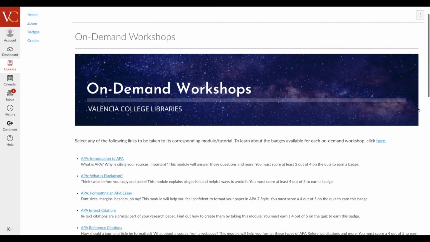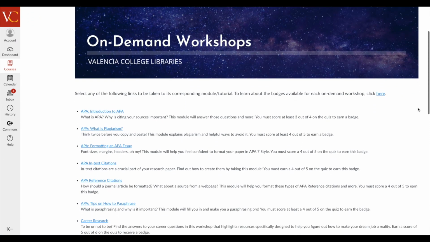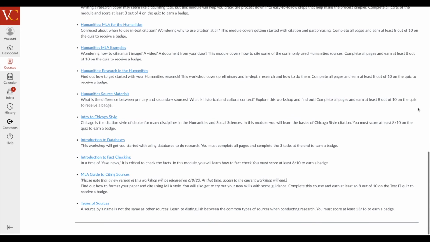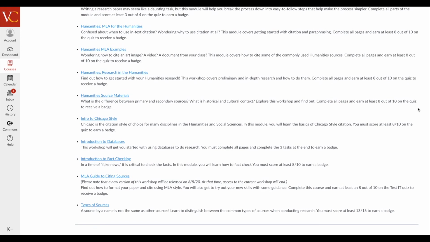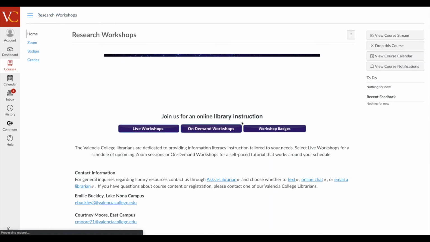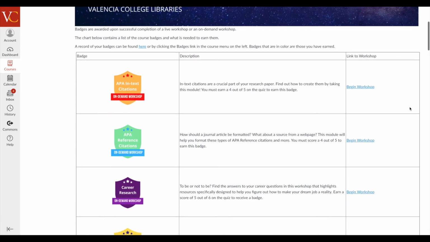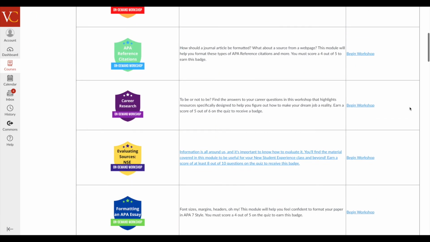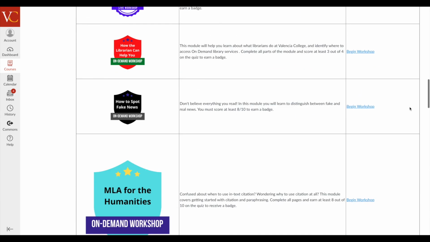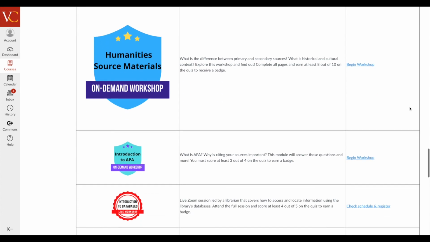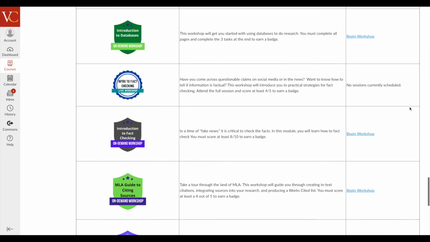The on-demand workshops are self-paced courses on various topics that you can take, such as Introduction to APA, How to Write Research Paper, and much more. The workshop badges provides a chart that contains a list of course badges and what is needed to earn them. A record of your badges can be found on the link titled here or by clicking on the badges linked